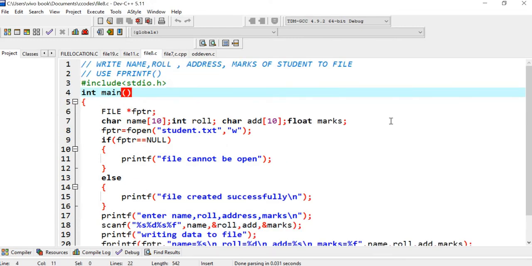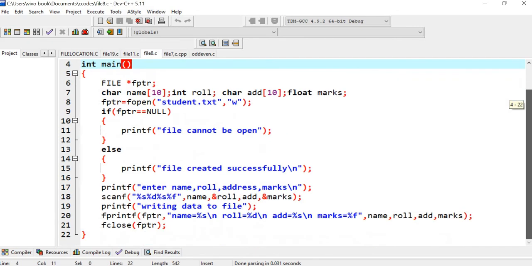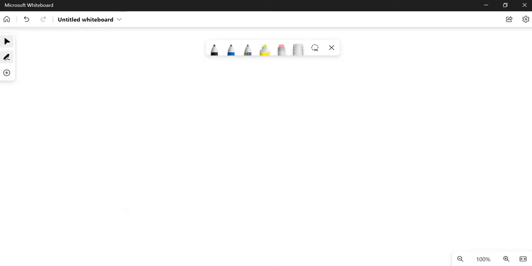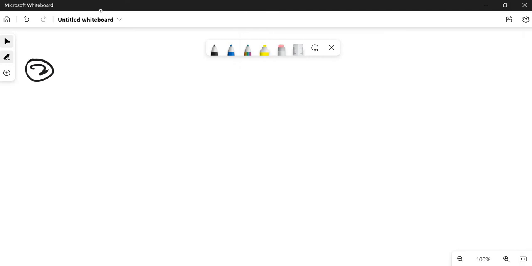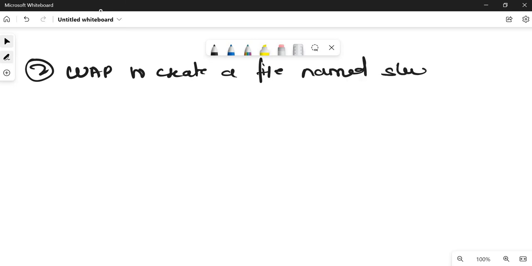Okay, so next question, I think it is, yeah, this is the question. The next question they have asked in this file section is question number 2, that is: write a program to create a file named student.txt and